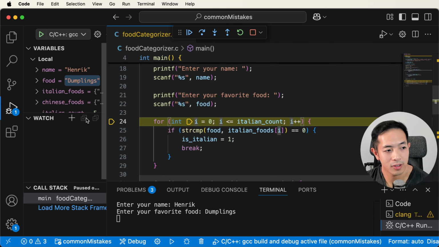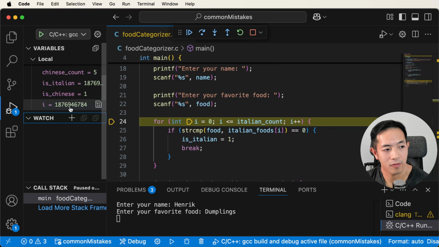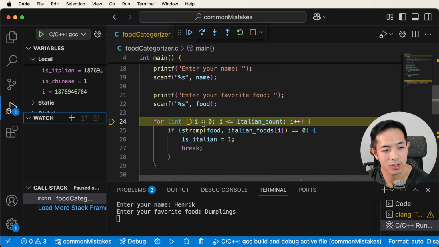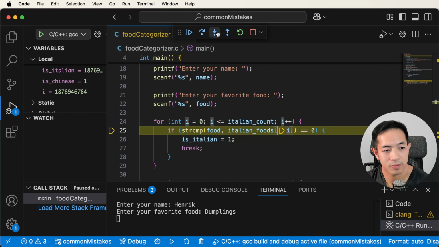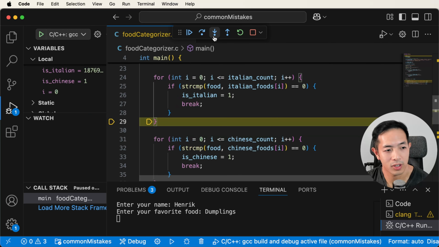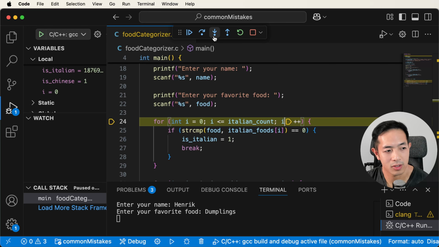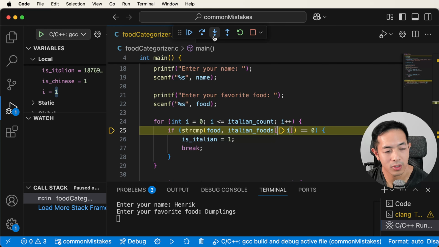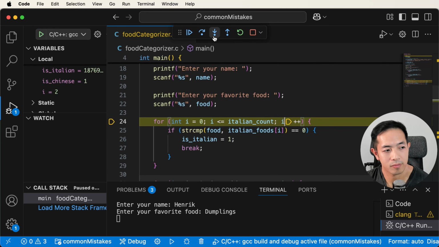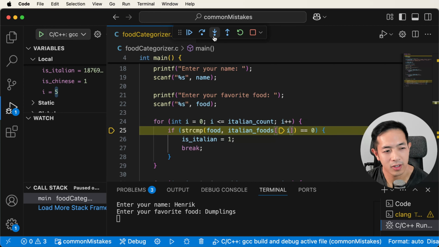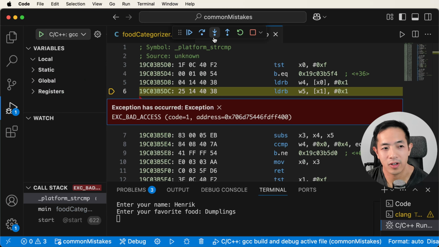All right, so we're gonna go in here. Now let's see here. So we have I is equal to some weird number. It's not initialized yet. It's gonna be initialized to 0. Okay, now it's 0. Okay, so now we're going into this for loop. Okay, we skipped because the condition was not met. And then I is 1 now. And then we skip. Then I is 2 now. Skip. I is 3. I is 4 now. And then I is going to be 5. And then after this, error. Okay, so we saw the error happen when I was equal to 5.